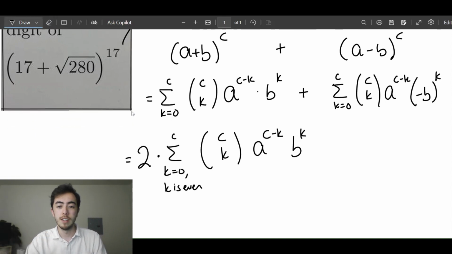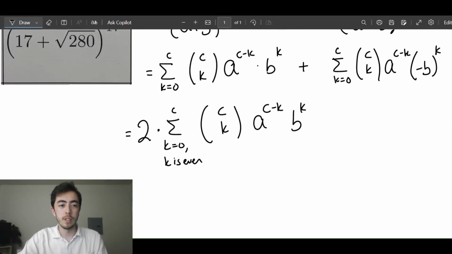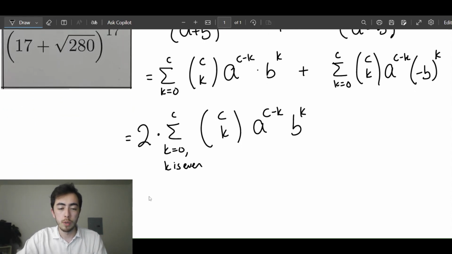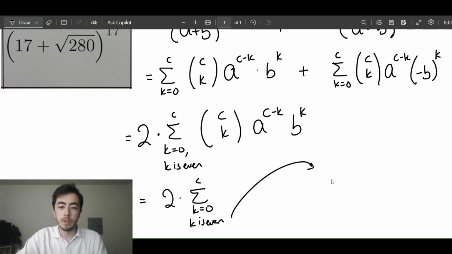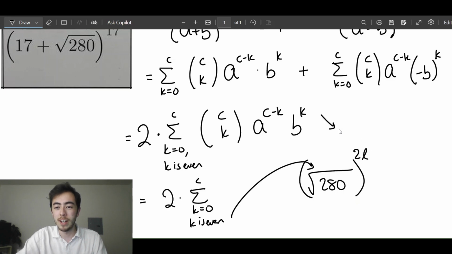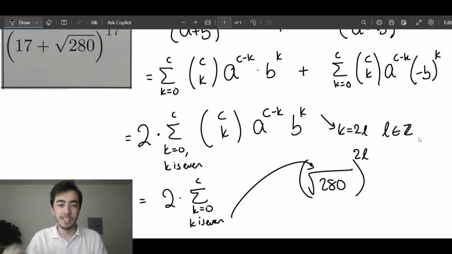But fortunately, if we do some substitutions here, I'm going to put the same sum, c, and then k equals 0 to c, k is even. This k is even condition means that once I sub in this b, this root 280, I'm going to raise it to some even power. Let's say 2L, k equals 2L. L is just some integer, and this is just demonstrating that we do definitely have an even power